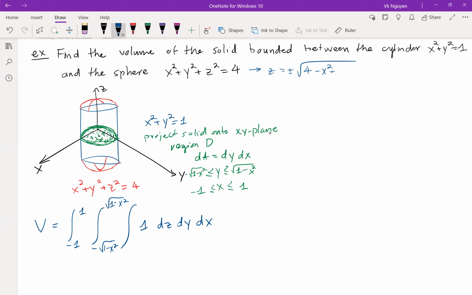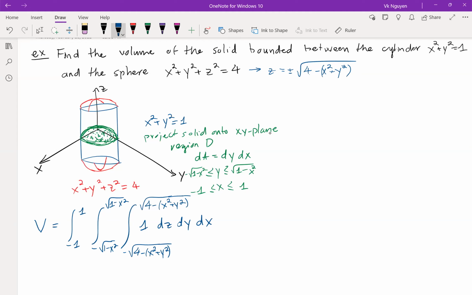Actually, I'll do this so it makes it easier to convert into cylindrical coordinates. So minus root of 4 minus x squared plus y squared, to root of 4 minus x squared plus y squared. Yeah, so this is the setup in